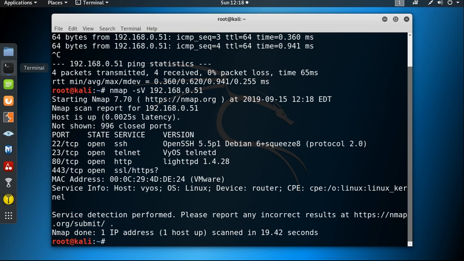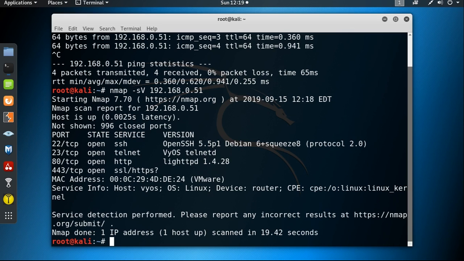Okay, here is the result. Port 22 TCP is open and SSH service is running. Port 23 TCP is open, Telnet service is running. Port 80 is also open, HTTP service is running. Port 443 TCP is also open and HTTPS service is running. And the host name is possibly VYOS, the operating system is Linux, and the device is a router.